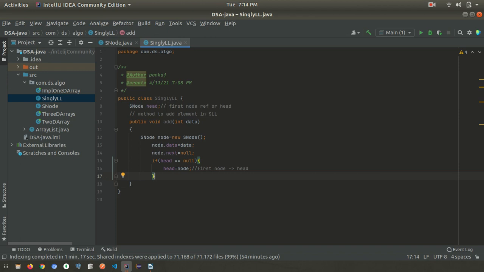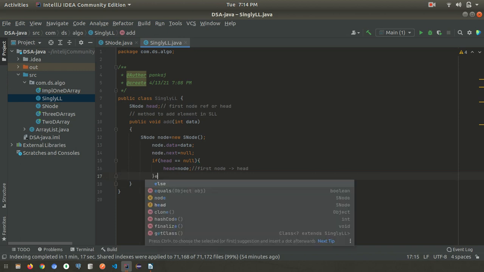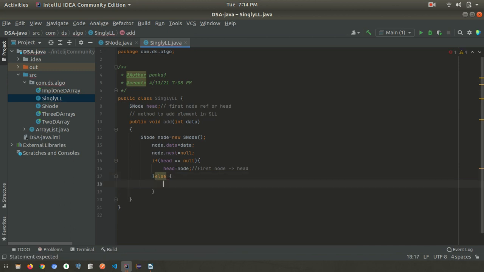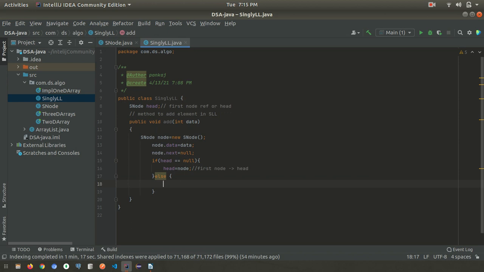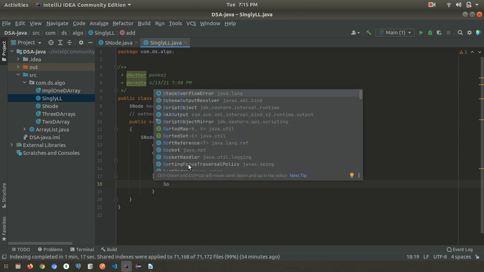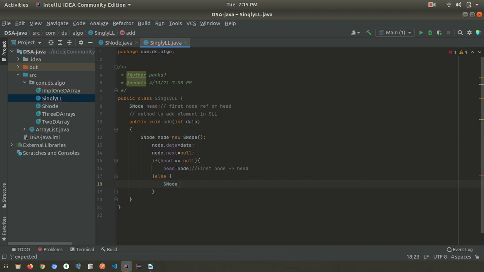If a second time somebody wants to insert data, in that case we can give an else condition and create a new node as node, and the reference for this we can give temp equal to the head.